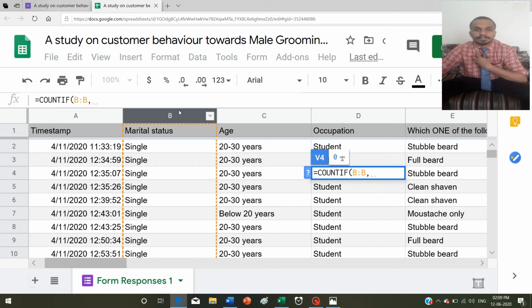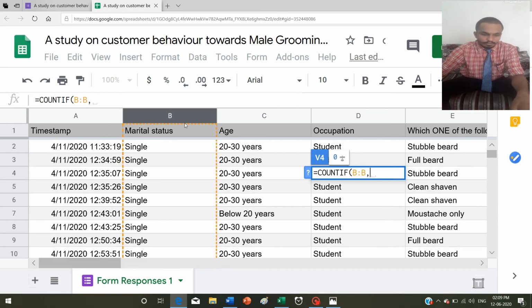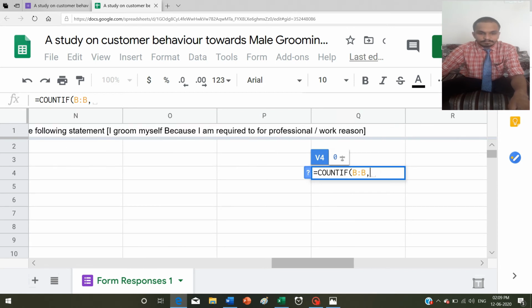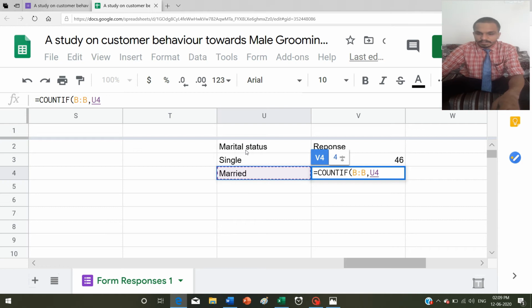What is my criteria? What do I need from that range? I need married people, the responses of people who were married. So I select the table range, then put a comma, then select married.